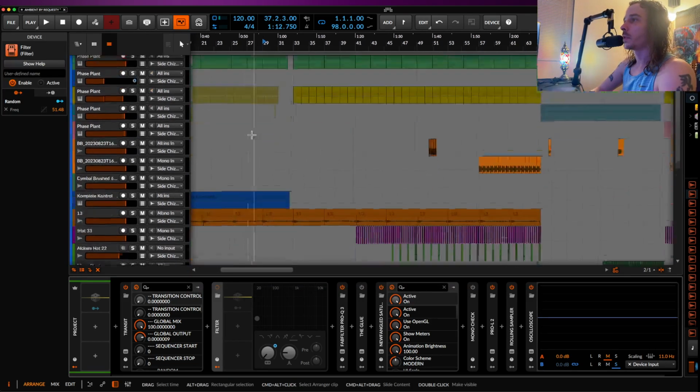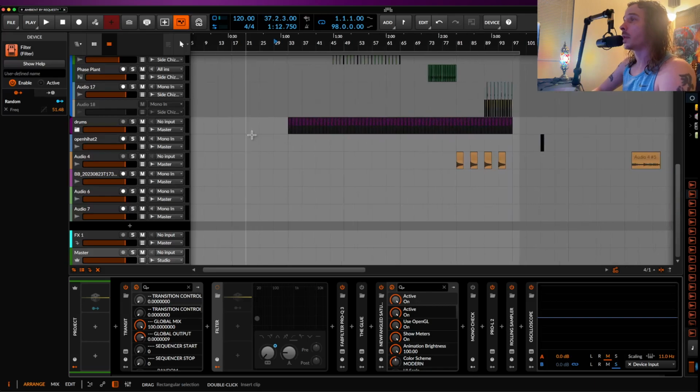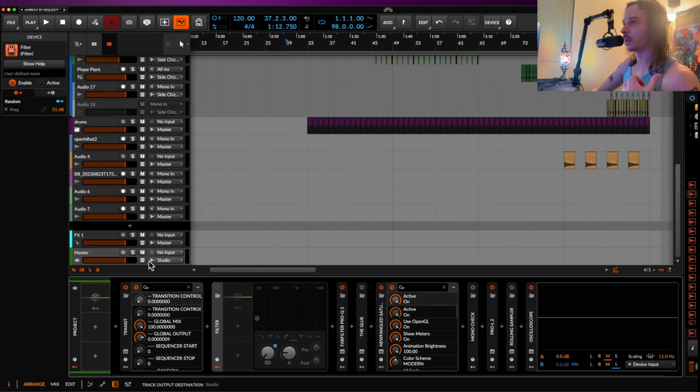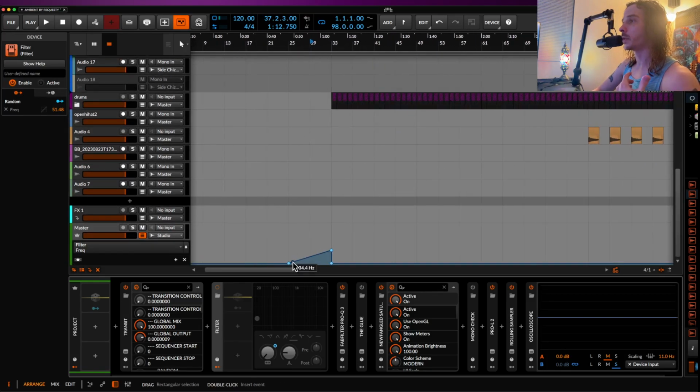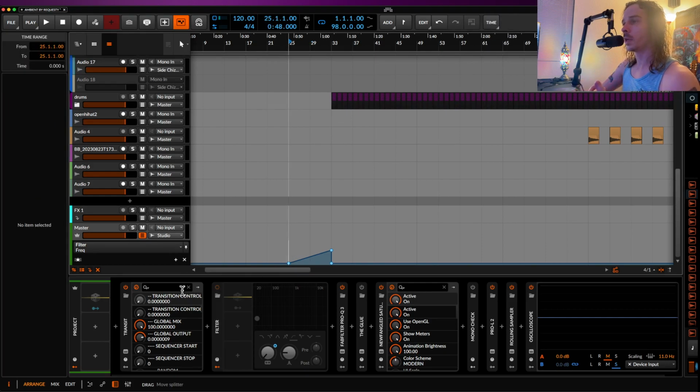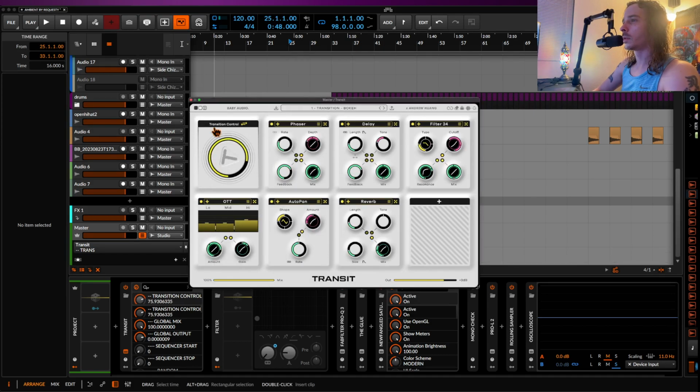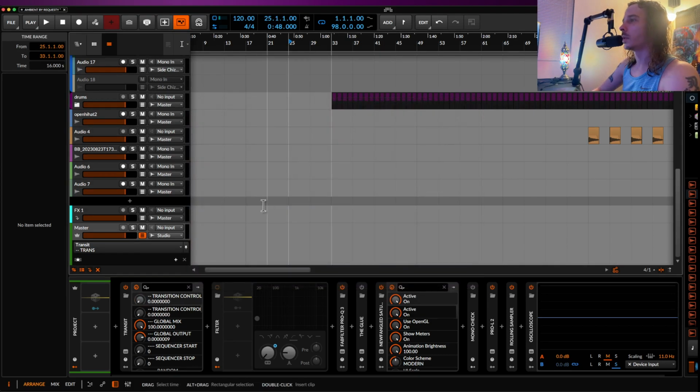The one knob fits all is pretty cool, and I was doing a stream on this earlier, and I was running into a couple of instances where I was like, wow, that's actually really cool. So as you can see, we've got some automation on the filter, so I'm just going to copy that and go into the transition control. I think, is that the one? Yeah, so what we can do is just paste this where we would for this,